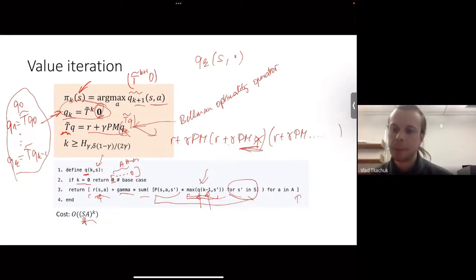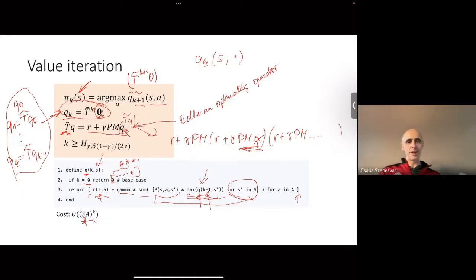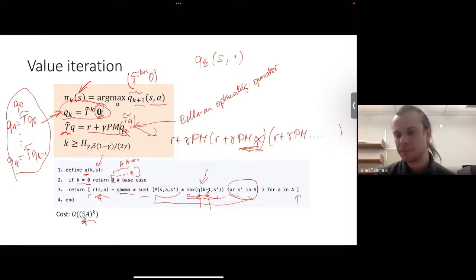Right. Back in the day, when we allowed ourselves the luxury of touching every state, and this is just an intermediate step here, which is not good for anything. It's just a realization that this value iteration algorithm can be written in a recursive fashion, but it wouldn't be very good if you did this without memoization. If you do it with memoization, then of course it's going to do its thing properly, and the cost of the recursive implementation is not going to be higher than the cost that you would have otherwise, right? Because it's just going to do the backwards calculation in a nice way.